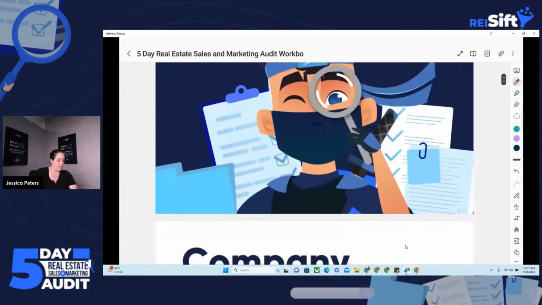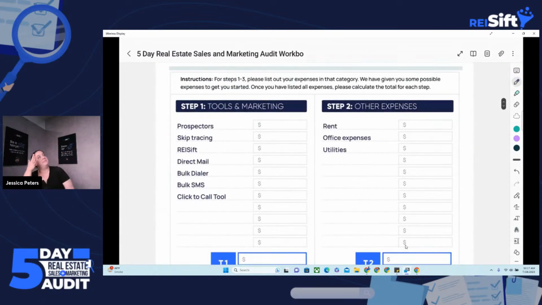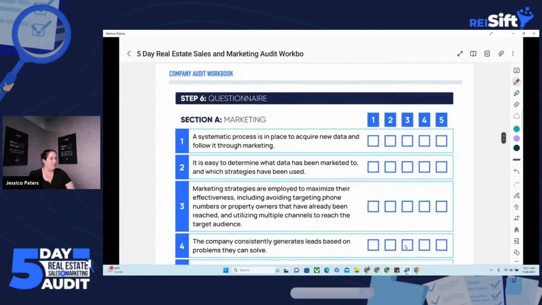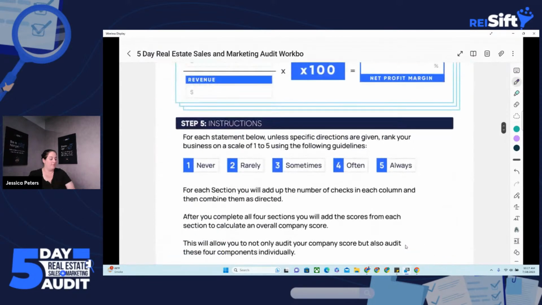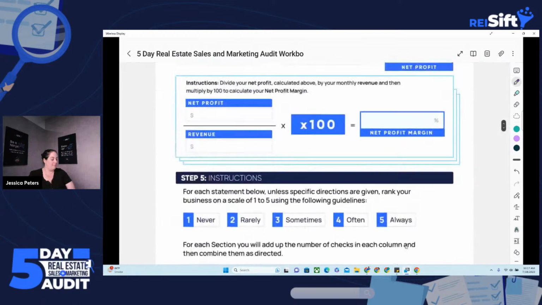All right, so this is our audit workbook. And Tyler kind of dreamed up the idea of this. You can think about it like those health screenings you do sometimes in the doctor's office where it's like rating yourself 1 through 5, but we're doing the health of your business. And we do something similar to this for REI Sift itself, where each of us does the survey for our company and then we average it all together when we do our quarterly meetings. But we broke it down specific for real estate investors and incorporated those 4 components. And we're pretty proud of it.